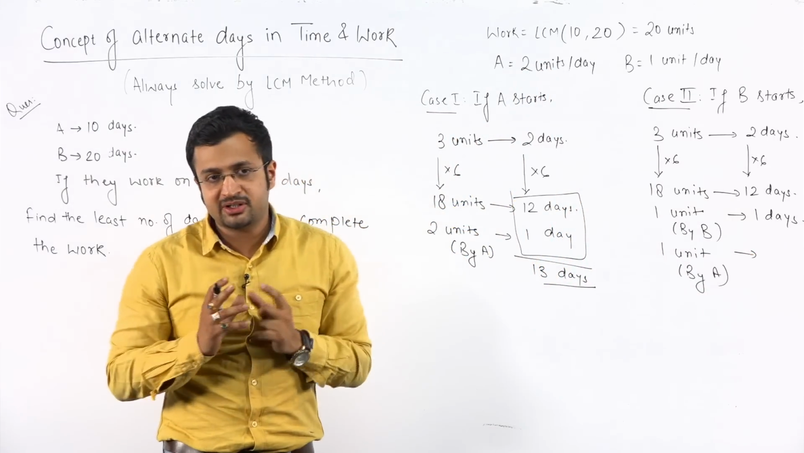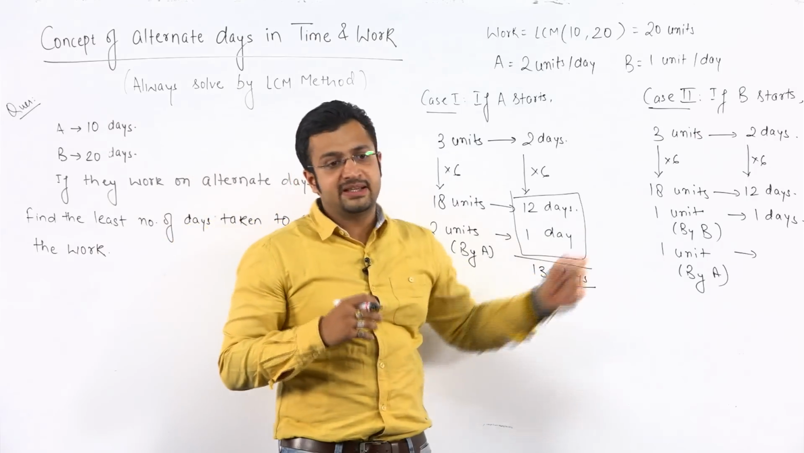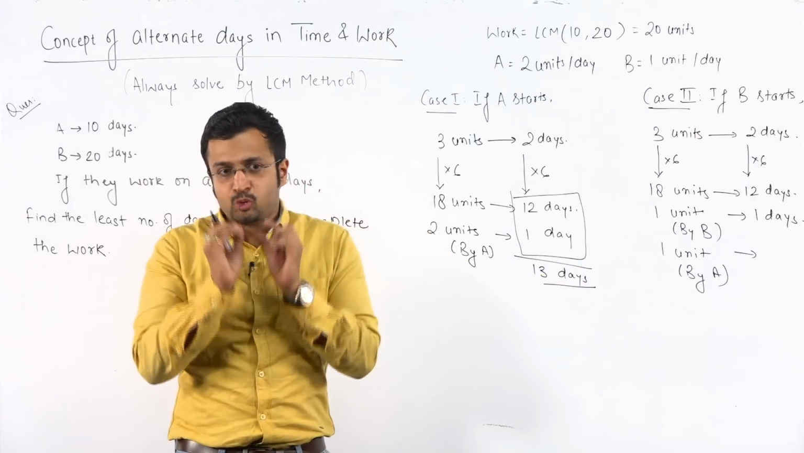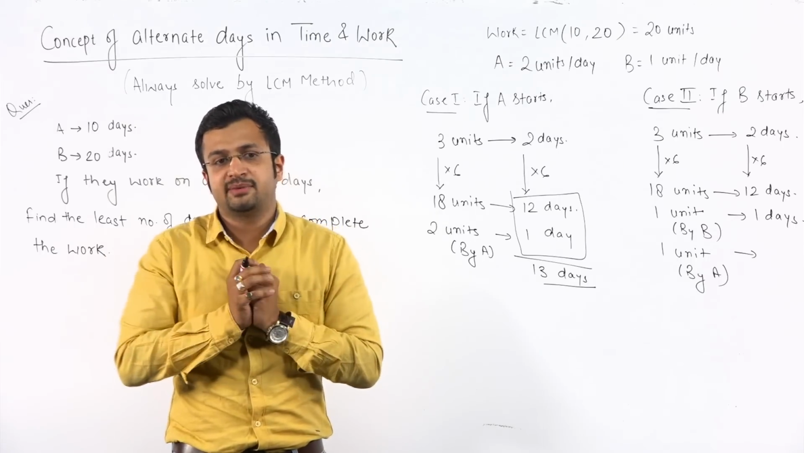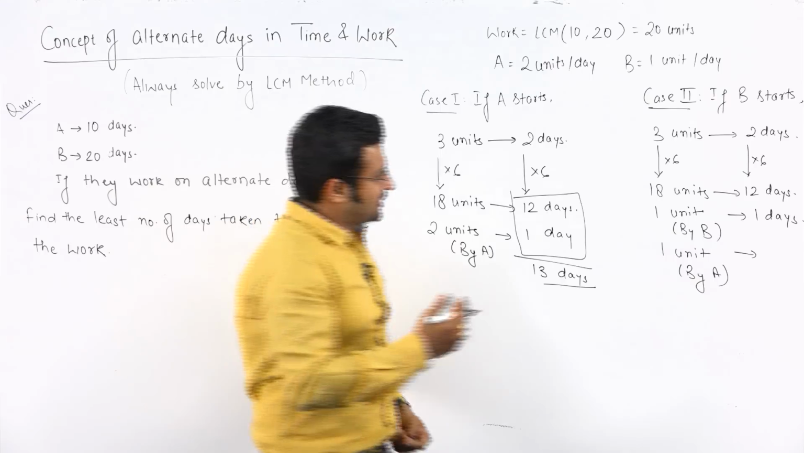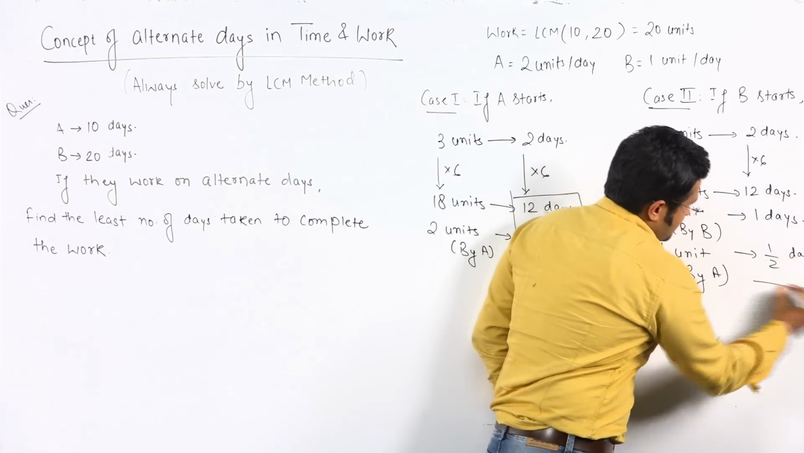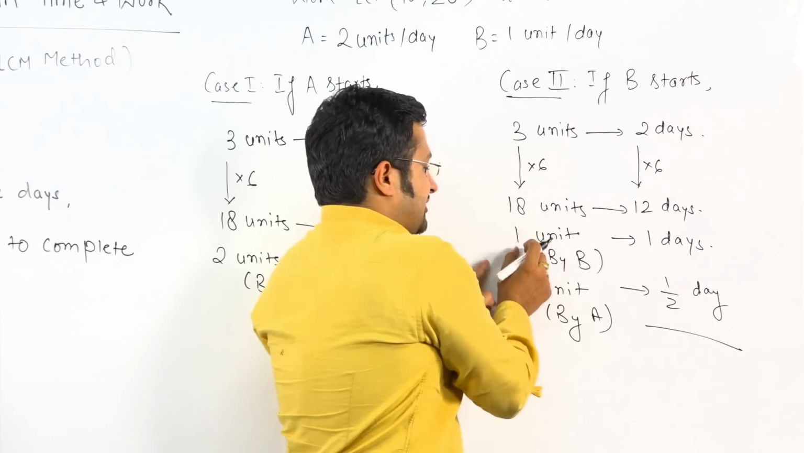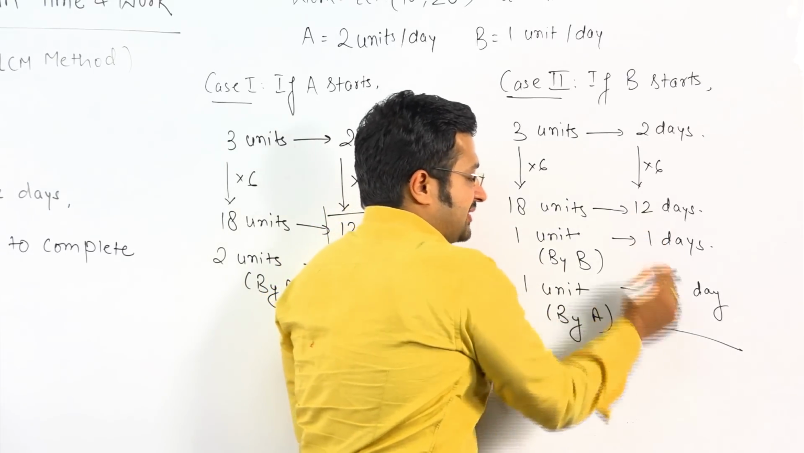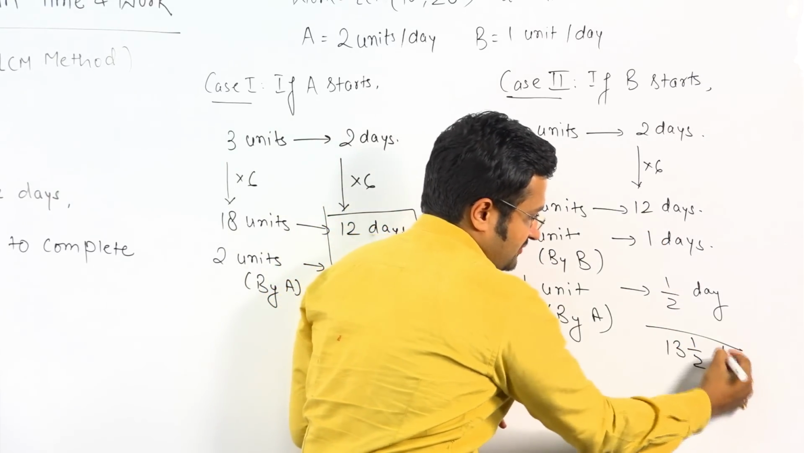A तो एक दिन में 2 यूनिट कर सकता है, लेकिन हमें करनी कितनी है? 1 यूनिट. That means अगर A पूरे दिन में 2 यूनिट करता है तो 1 यूनिट करने में कितना टाइम लेगा? Definitely half day. तो A will complete 1 unit in how many days? Half day. So total time taken, 18 plus 1 plus 1, 20 units are done, 12 plus 1, 13, 1 by 2